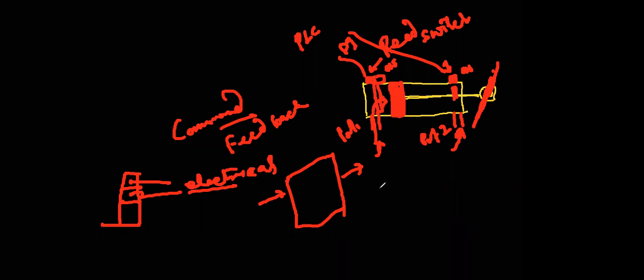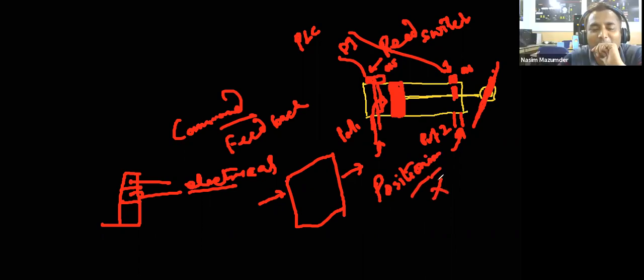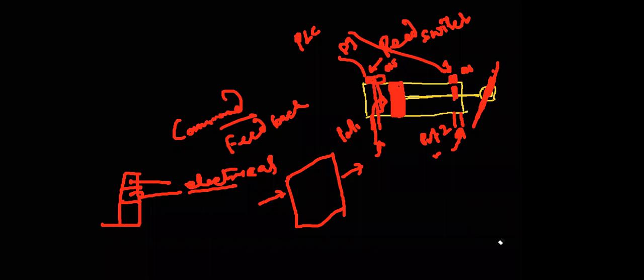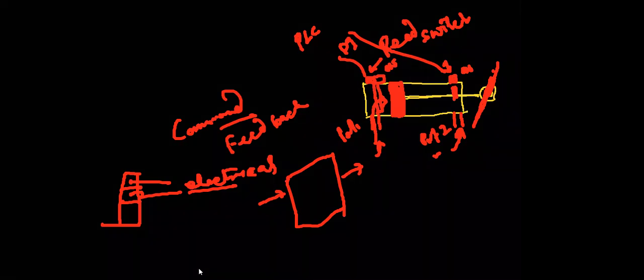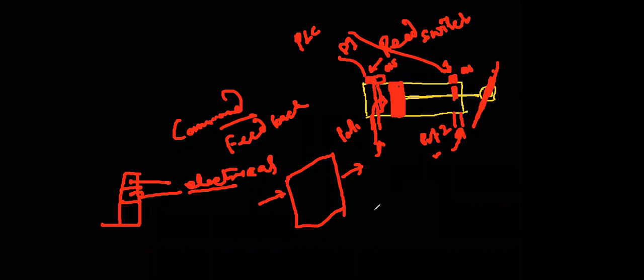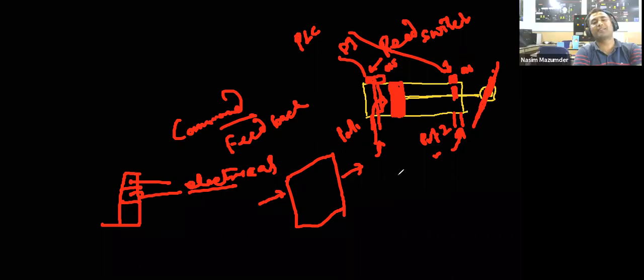Positioner, 3 to 15 psi, 4 to 20. Why do you need to use this positioner over here? For the controller, we use positioners to convert 4 to 20 mA to 3 to 15 psi. But remember that this is a digital one. Exactly. So since it is digital, that means you need an on-off converter.